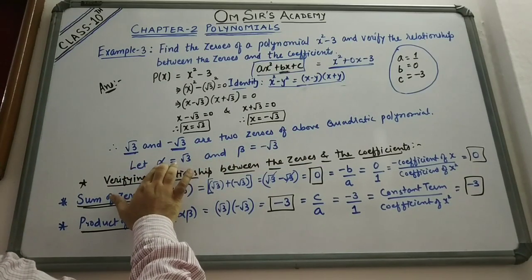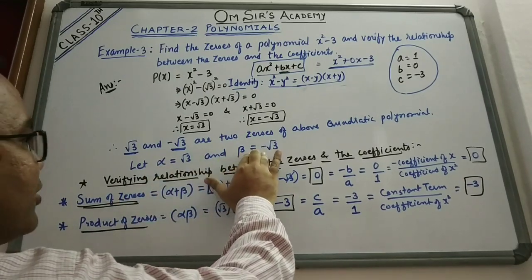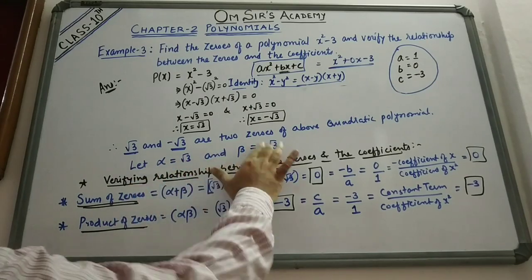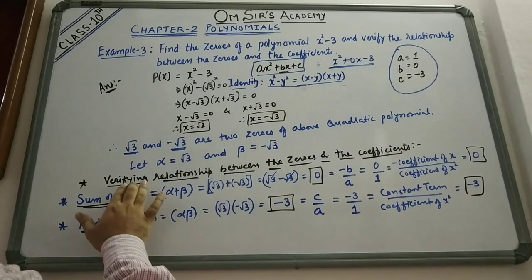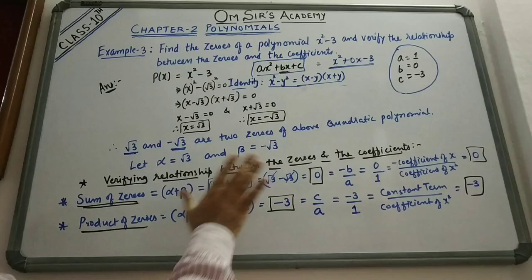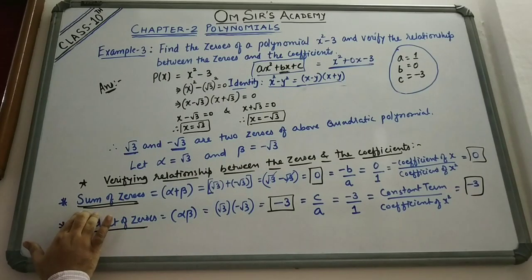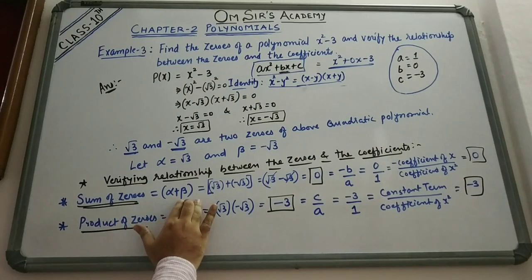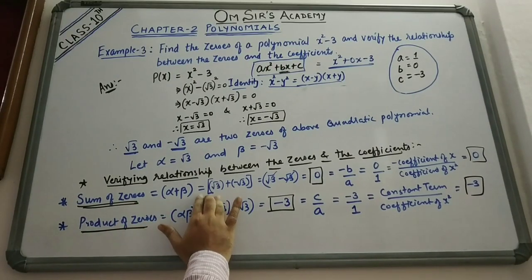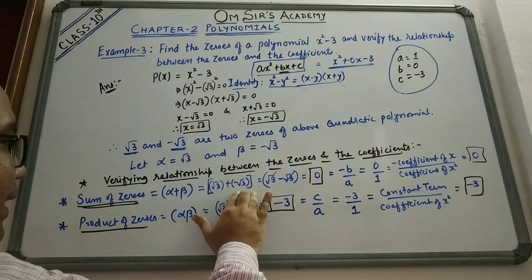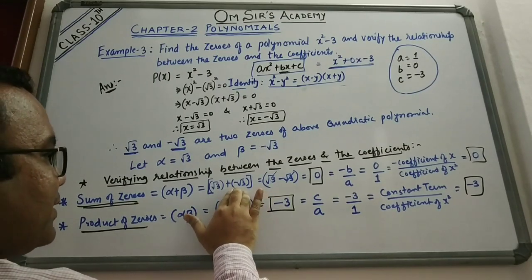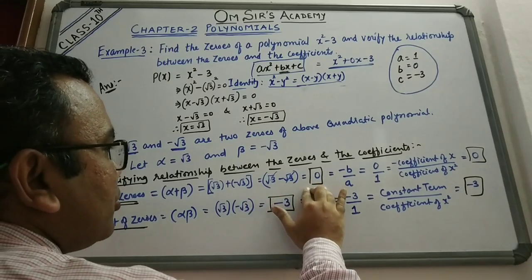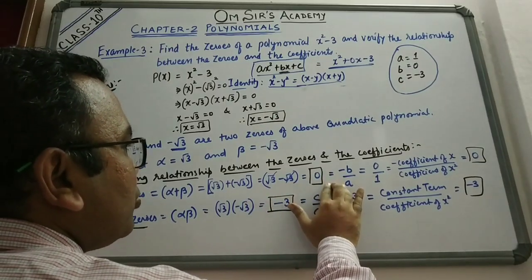फिर उनको मैंने एक जीरो को अल्फा ले लिया एंड दूसरे जीरो को बीटा ले लिया. इज इट क्लियर? सो लेट अल्फा इज रूट 3 एंड बीटा इज माइनस रूट 3. देन आई हैड टू वेरीफाई द रिलेशनशिप बिटवीन द जीरोस एंड कोएफिशिएंट्स. तो सबसे पहले मैंने सम ऑफ जीरोस लिया. So sum of zeros is what? Alpha plus beta, that is equal to root 3 plus minus root 3. That is plus into minus, ये minus हो जाएगा. So that is root 3 minus root 3, that is equal to 0,